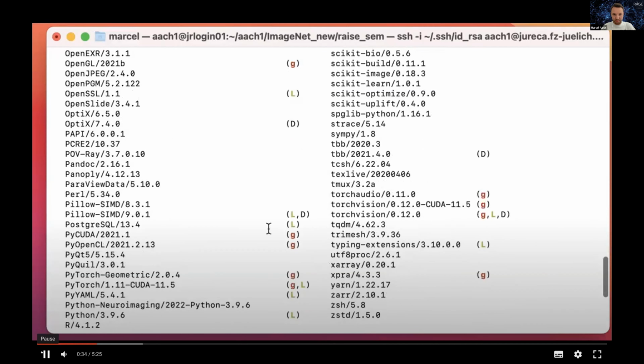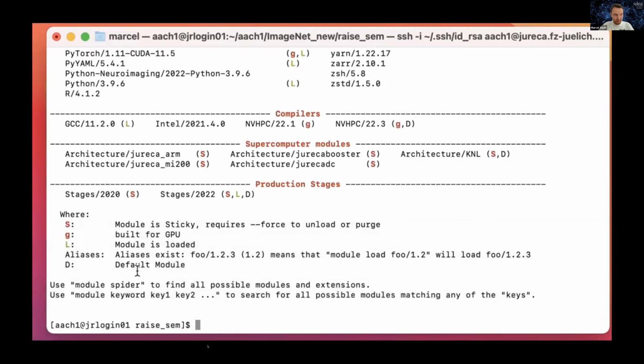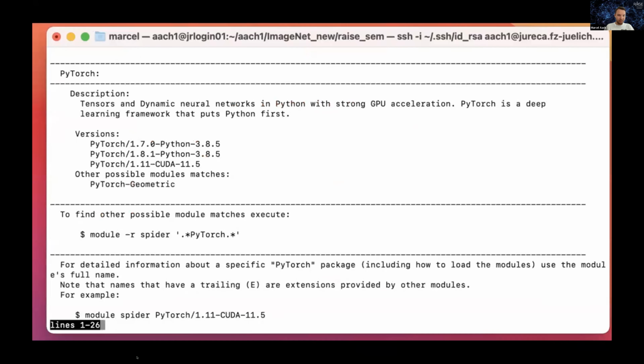Now you see, for example, I have found that there's PyTorch, and I want to know how to load that module. Then I can do module spider and say the name of the library.